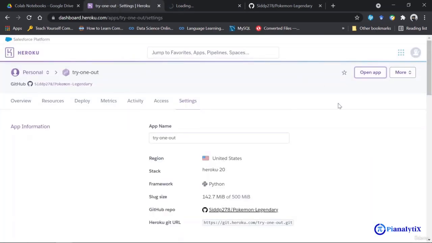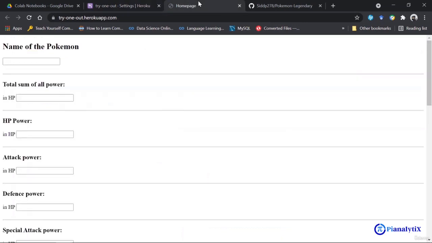Now this might take a little time, and what I want to show you is that all of the files, or you should say templates, are going to be rendered after clicking this. Once you click on Open app, all of the templates present in your project are going to be rendered.